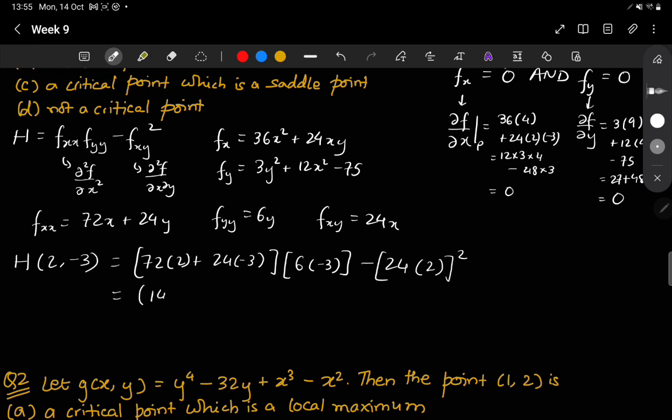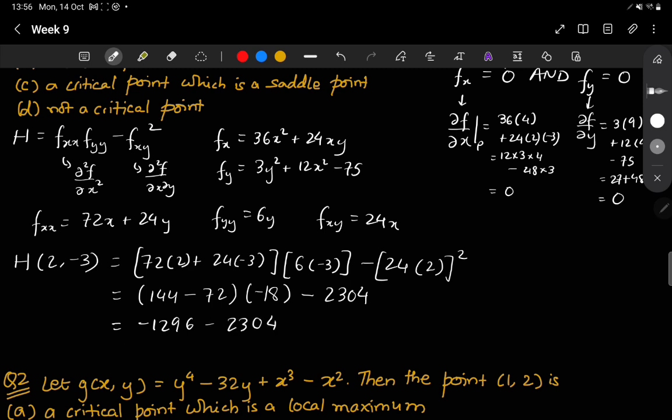This is 144 minus 72 times negative 18 minus 24 times 2 is 48. 48 squared is 2304. So now 144 minus 72, that's 72. 72 times negative 18, that's minus 1296 minus